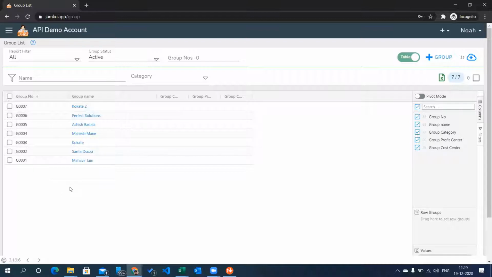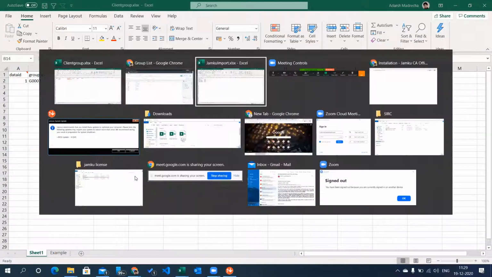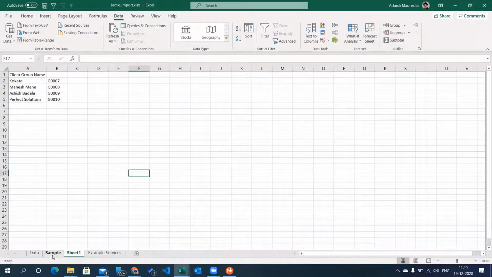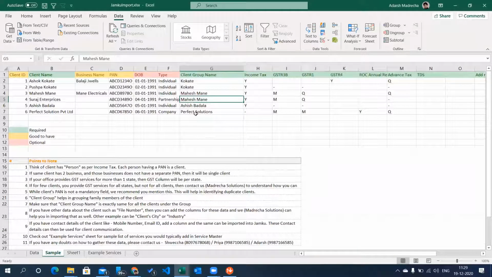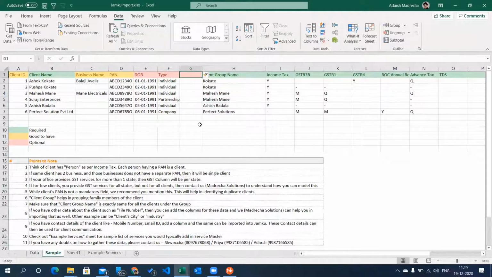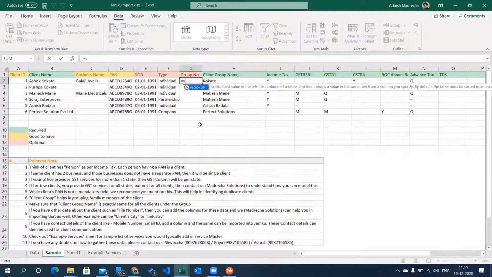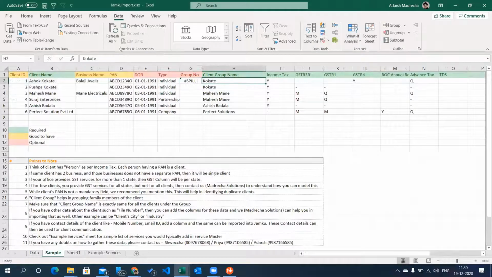Now let us go back to our data import sheet and import the clients. What we need to do in this sheet is to bring the client group number here. So I will say group number, and let's bring the client group number. So I would say VLOOKUP, look up from the client group name, go to sheet, select this, comma 2 comma false.